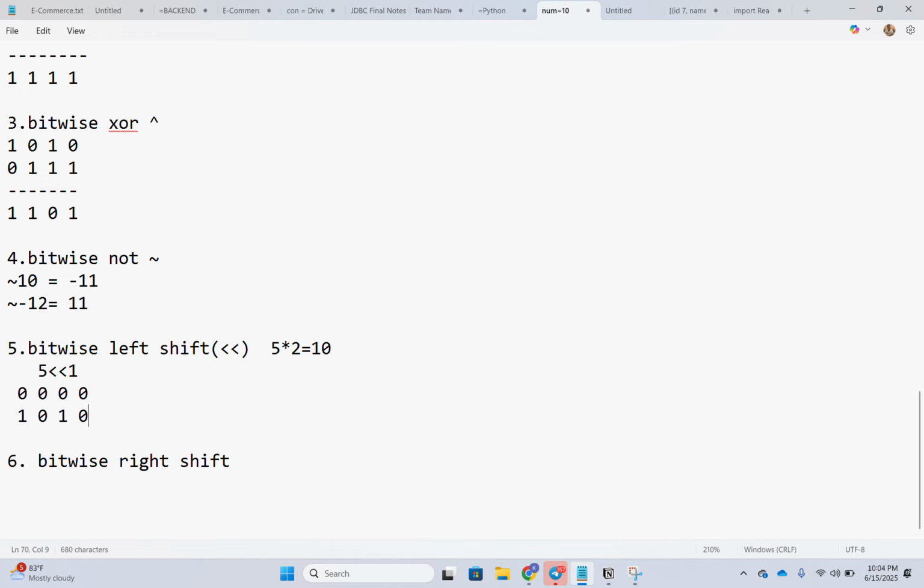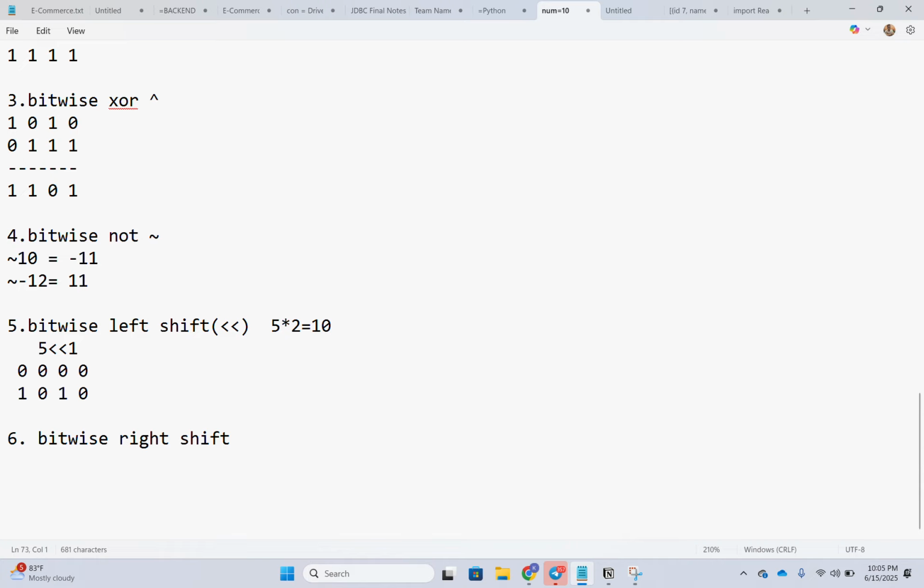So can you convert this number into a normal number? This is the binary number, no? This number's normal representation is 10. So binary to decimal, it is 10. So that is 5 shifted by 1. Similarly, bitwise right shift we are going to use like this, and the right shift symbol is